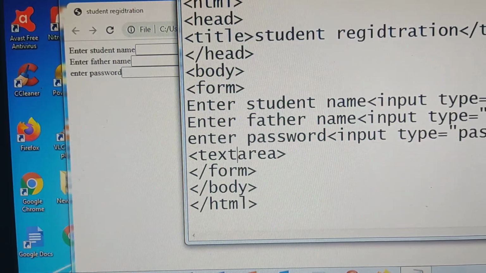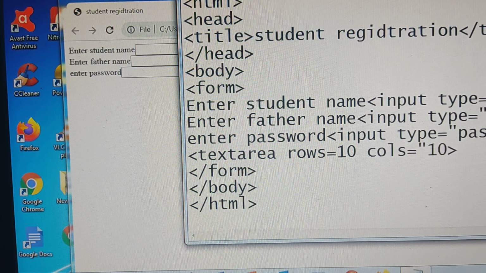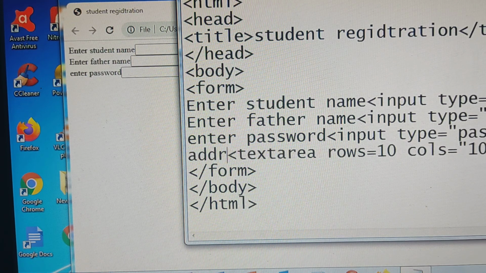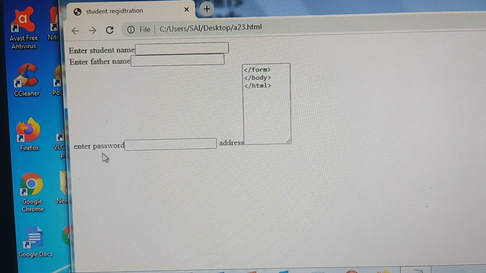Now inside the text area you should give rows equals to 10 and cols equals to 10. Now before this text area I am giving a label as address. Okay, save it, come to browser window, refresh it.